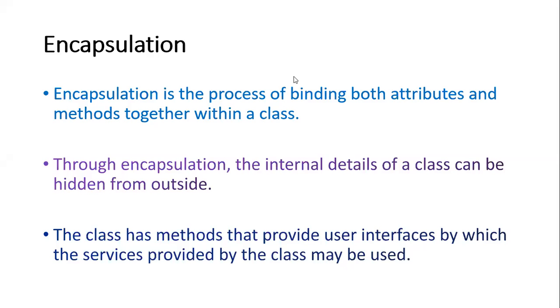So in the encapsulation, I was telling you regarding the binding of attributes, binding of two things, that is binding of attributes and binding of methods in the class, right? Binding of methods and binding of attributes in a specific class. And this particular binding process is called encapsulation. Okay, so I also gave you an example regarding the class, that how the class is combining the attributes